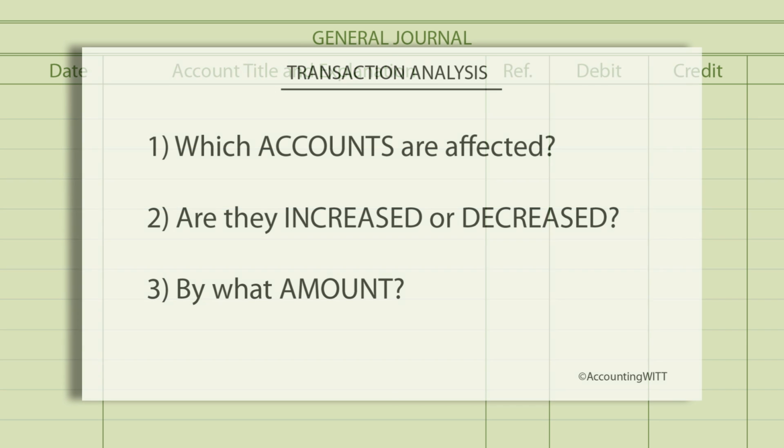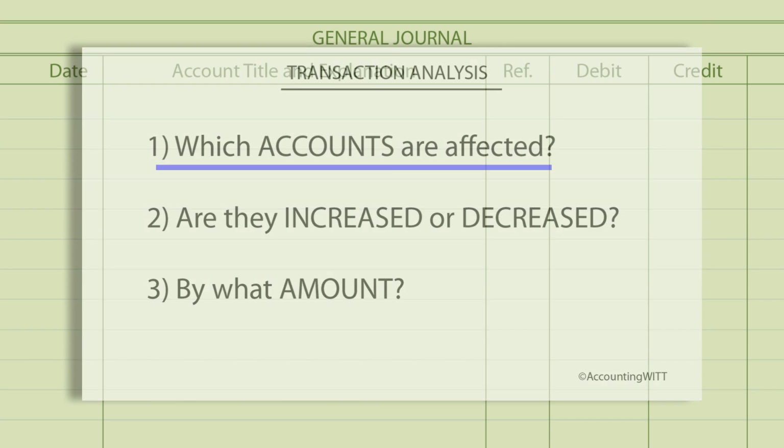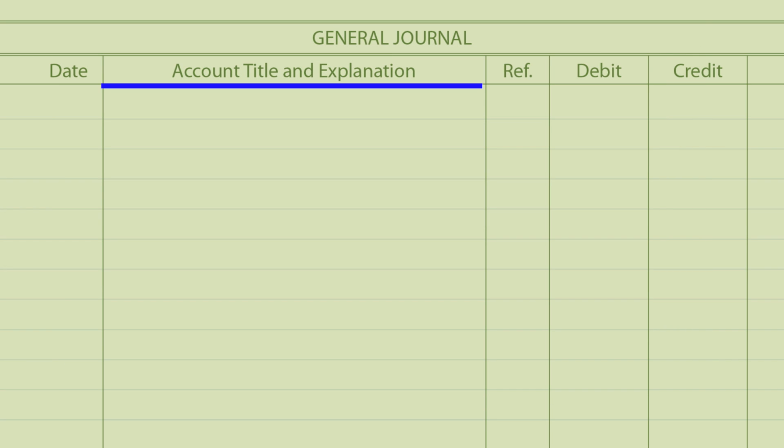We must think back to the transaction analysis step of the recording process. Whichever accounts were determined to have been affected by the transaction will now be recorded in the journal. The account titles are written in the account title column. Each account will have its own line on the journal, with the date for the transaction being written on the